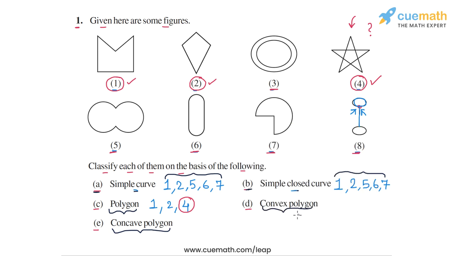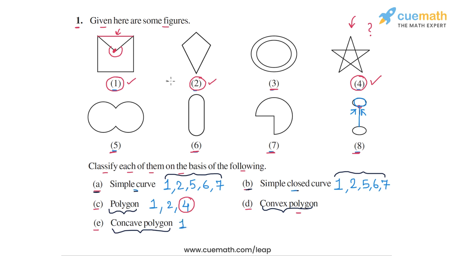Now, which of these three are convex polygons? Well, the definition of a convex polygon is any polygon which has no portion of the diagonals in the exterior. But if you look at figure number 1, if you join the vertex here to the vertex on the right, we see that this is a diagonal of the polygon, but it lies outside the polygon. And this is happening because the angle at this vertex is a reflex angle. So this figure number 1 is not a convex polygon, it's actually a concave polygon. So let's write figure number 1 here.